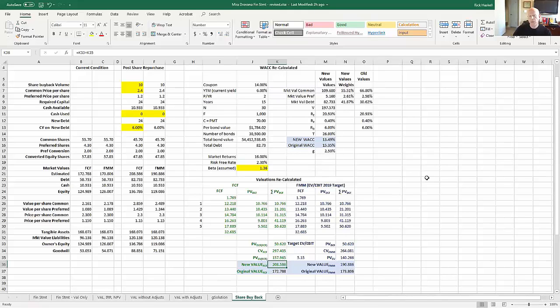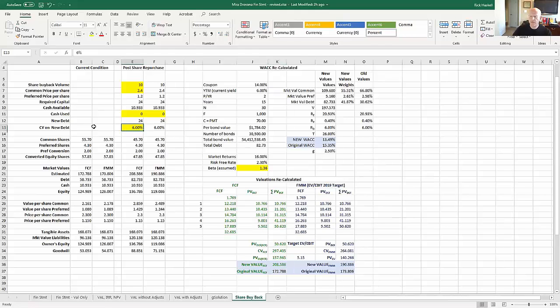But I'm not sure that we could argue that the current yield that we used to have of 6%, which was the cost of borrowing that the company had before thinking about this share buyback, would be valid now, because we're about to add $24 million in debt. Now remember that the company had $58.73 million in the market value of debt. And adding 24 million to that is adding what, a 45% debt load to this? So this is a monumental shift in the company's debt load.